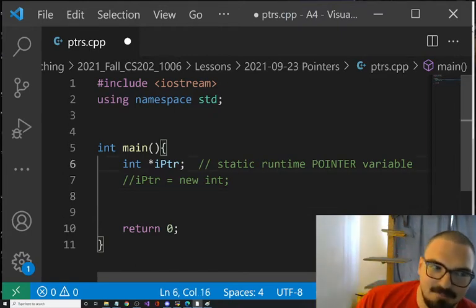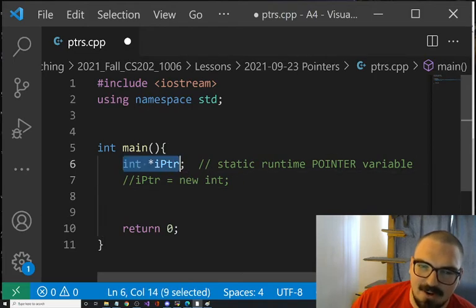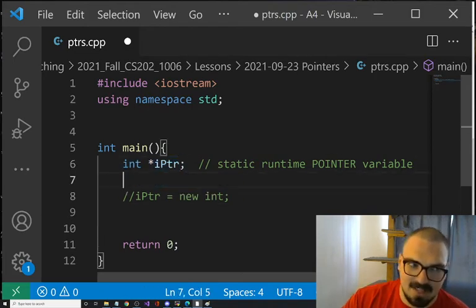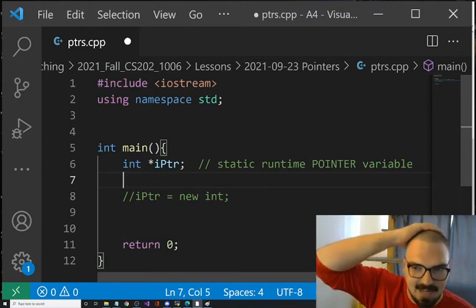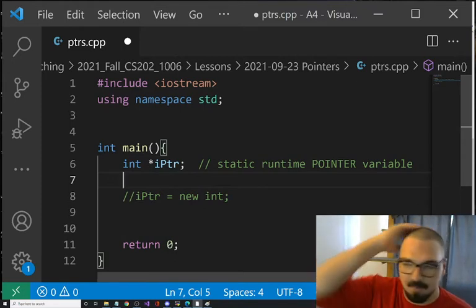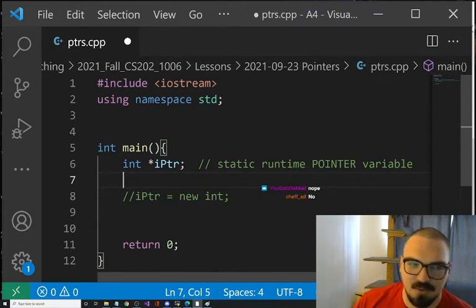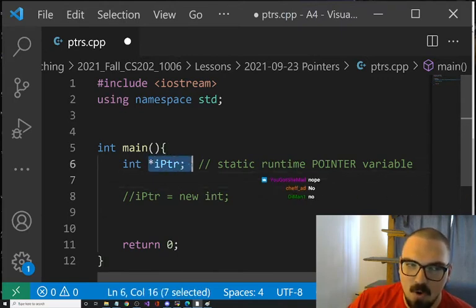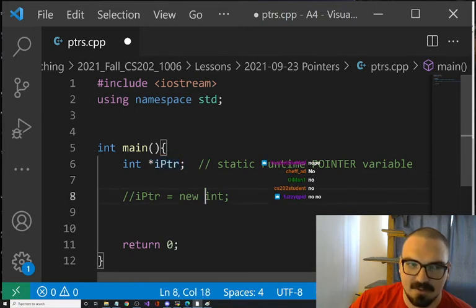Okay. So is this always guaranteed to contain null pointer? What do you guys think? Is this always guaranteed to contain an address that will seg fault on us? Is this always guaranteed to contain null pointer or 0 or whatever the default value is? No, it's not. There could be a junk value in here. There could be a rogue address sitting in here.